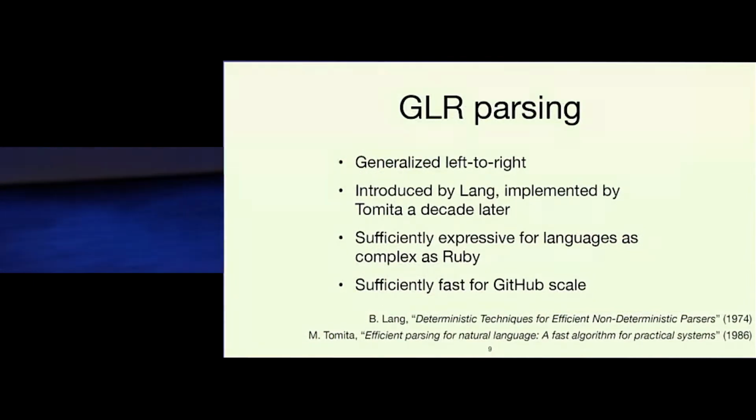Now, TreeSitter is based on the generalized left-to-right algorithm developed by Lang in '74, which, interestingly enough, took a decade plus to be actually implemented in practice. This algorithm came out of the natural language parsing world. Natural languages, as we all know, are riddled with ambiguity and complexity and possibly even non-deterministic interpretations. And these techniques were developed to have a framework and an algorithm that's capable of understanding even the most Byzantine